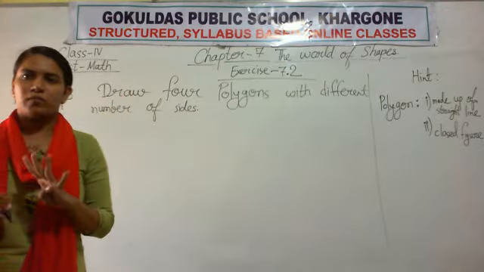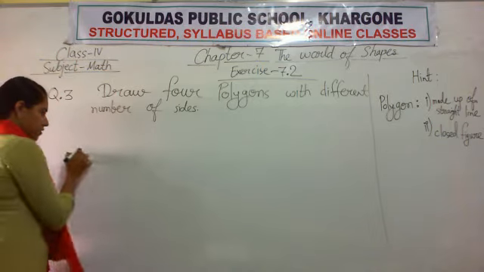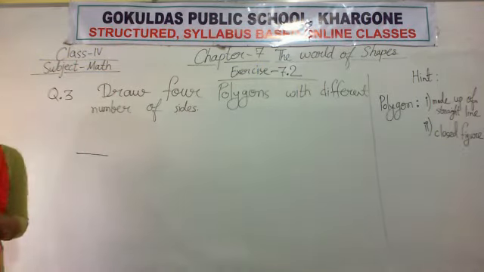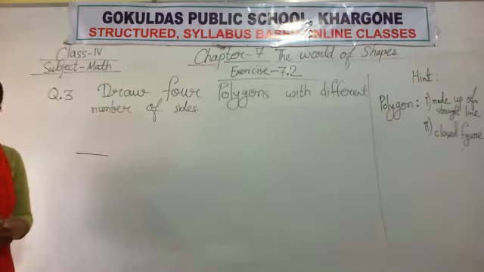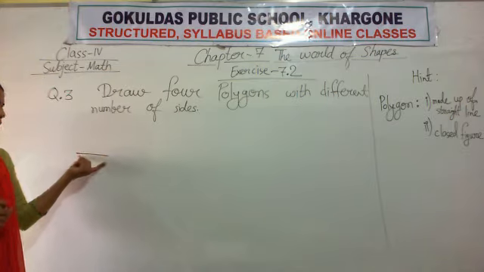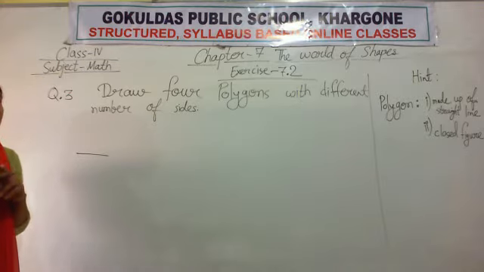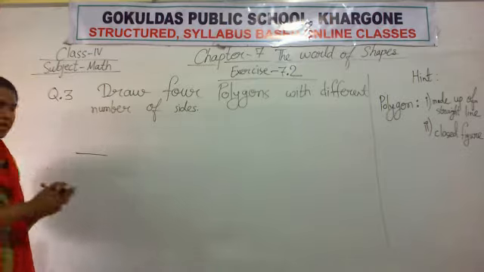Here you will draw 4 polygons. Okay. Suppose I give you one straight line. Can you draw a polygon by using one line? If I give you only one line, can you draw a polygon from it? No. Why? Because it is not closed. It is open. It is a straight line, but it is open. For a polygon, the figure must be closed. So by using one line, you cannot make a closed figure.